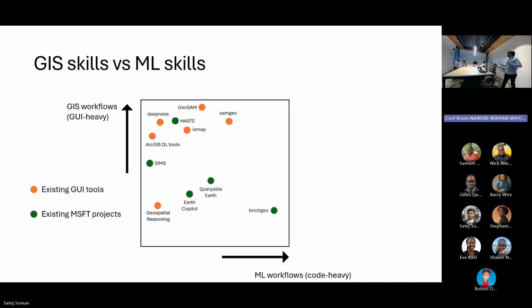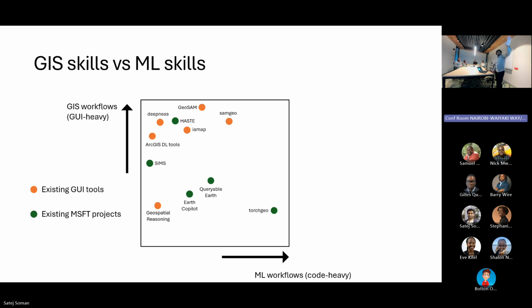And we're not even the first people at Microsoft to look at this. Other things from AI for Good include TorchGeo, which is an extension to TorchVision specifically for GIS. But that's again a code-only library, so there's no visualization here. Then you have a geospatial embedding explorer called SIMS, developed by one of the scientists in the AI for Good lab, or a building damage assessment tool called HASTE, which uses a machine learning model behind the scenes. But all the machine learning is abstracted away from the end user, who understands how and why it's being deployed in a certain geospatial context, right?